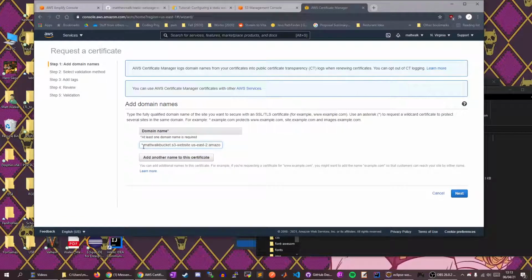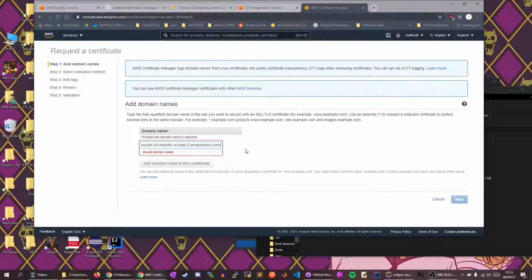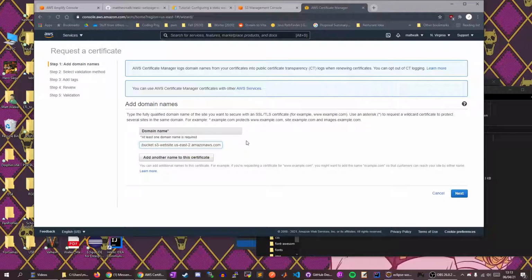So that should protect both the default, if nobody put in the HTTP to start, as well as anything else like www dot. So this will automatically protect any additional pages within our website. Okay, so I'm going to click next,